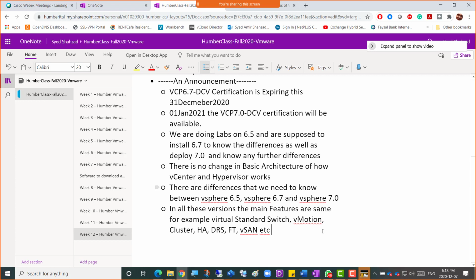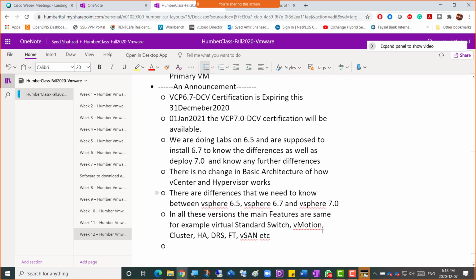You will see that there will be differences and improvements. We need to discuss those in order for you to give the exam properly, and I will show you all the differences between 6.5, 6.7, and 7.0. That needs to be understood to give the exam.